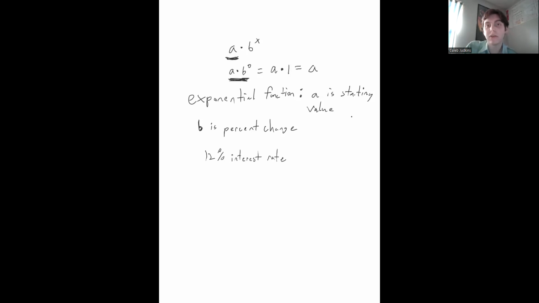Instead of a loan, let's say it's a savings account or some kind of investment account that you're not touching whatsoever. So that would be your interest rate, your percent change. It's increasing the amount in your account by 12% every time it's checked. So you take whatever number you started with, X,